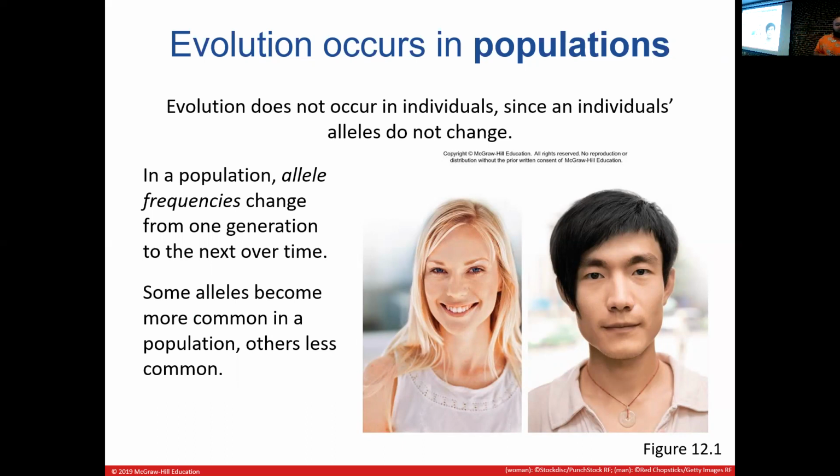Now, in a population, these allele frequencies change from one generation to the next. And some alleles become more common while others become less common. Again, it just depends on what's more advantageous, what's more fit to have a particular allele. I do want to point out that you often hear this phrase survival of the fittest, usually expressed when you're talking about evolution, right? It's not entirely accurate, or at least how you perceive it usually is. When you think survival of the fittest, you think of the biggest, baddest, strongest animals overpowering the weak, vulnerable animals. But that's not really the case.